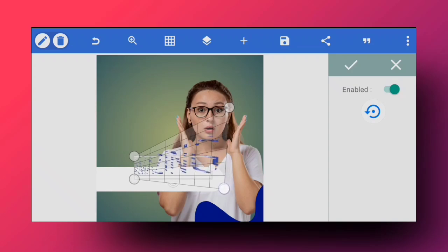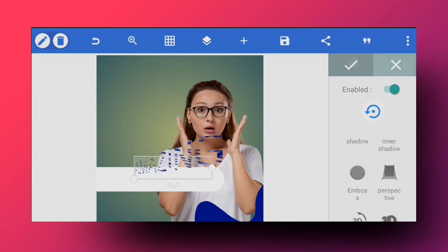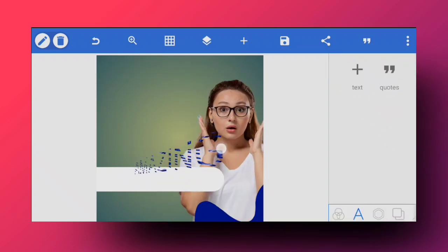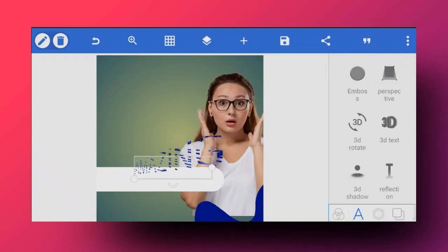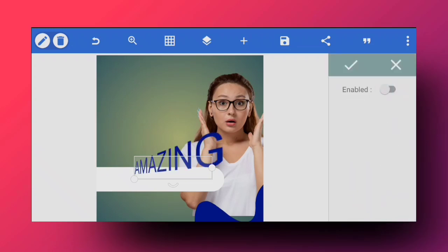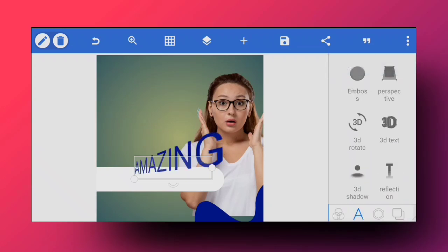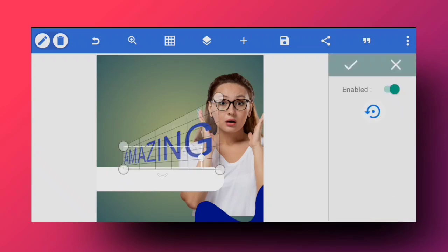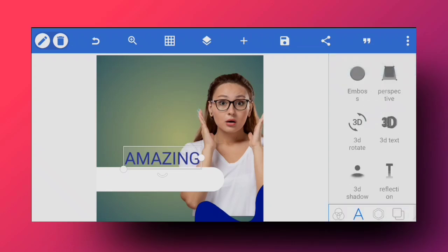So that will be something that you will get to see, and you will see how I use it. I will also put that kind of text effect on the screen right now to show you. But if you got text, I want to change the text with this emboss effect. So I'm just gonna hit back and switch off that emboss effect, and now I can see my text. And this is how I can use this function right here. So perspective will be able to change with your 3D-ness, and that is how it works.